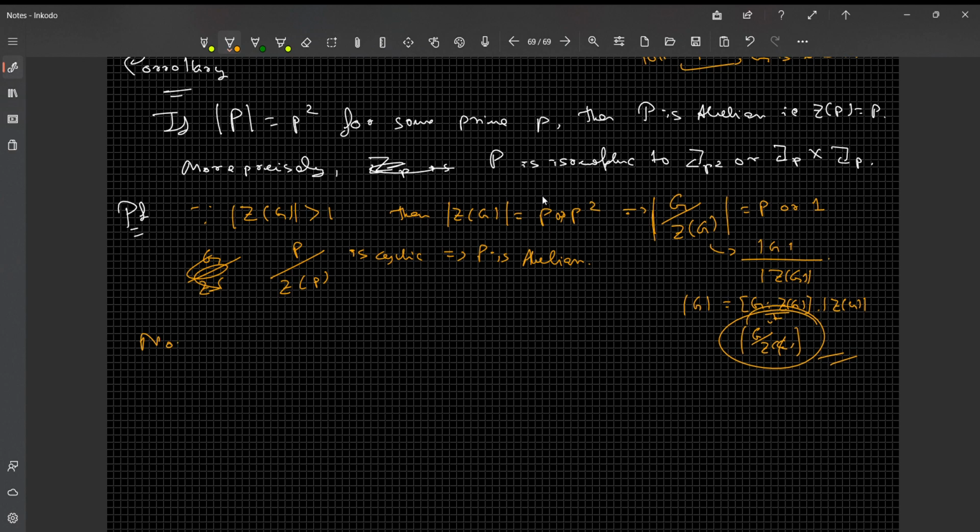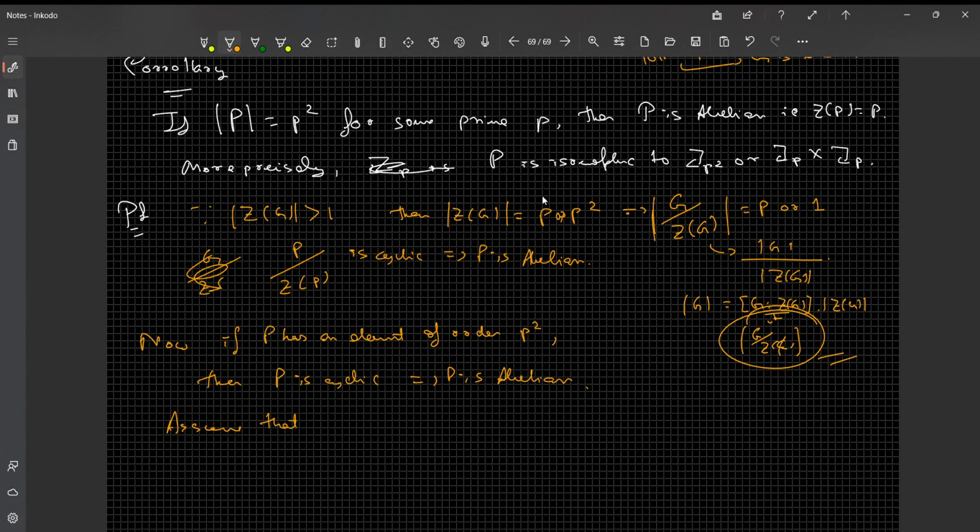Now, if P has an element of order p squared, then from the study of the order of an element and the order of a cyclic group, which we have covered in some previous lecture, P becomes cyclic. Then P is cyclic, right? And if P is cyclic, P is abelian, right? This is pretty easy to notice. Okay, so assume